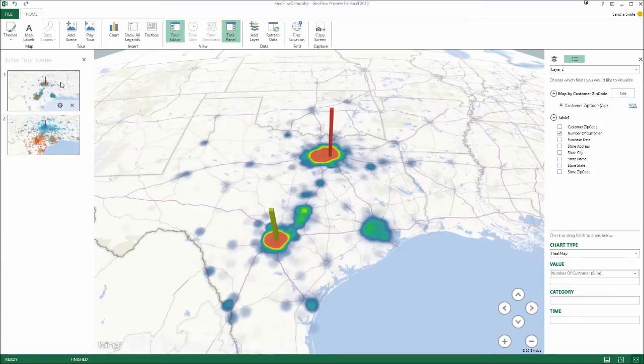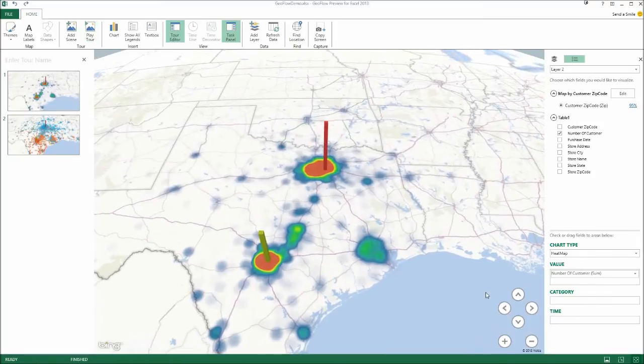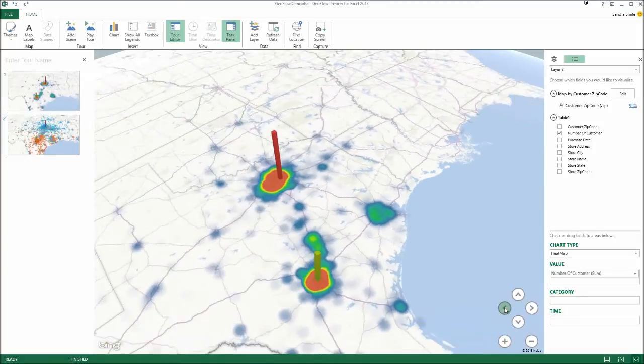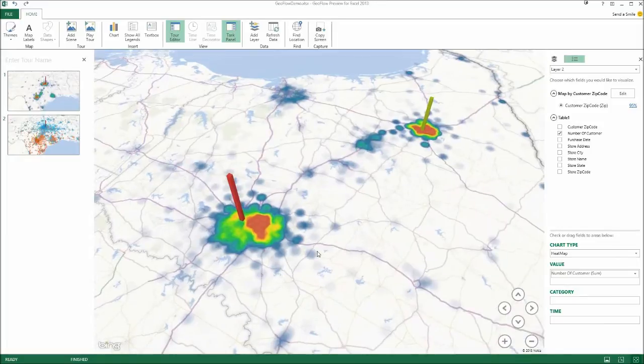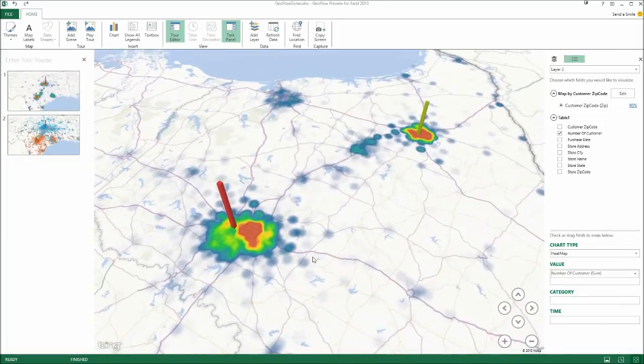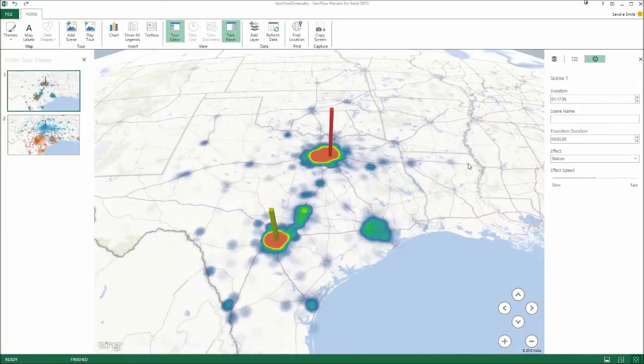And then what I can do here is if I hit the play tour button up here, it's going to cycle through my scene and show you the first frame, transition over to the next frame, and play a little movie for you. So here, what we might do is, like I said, we can show the data in a little bit different light. So I can kind of rotate the map and give you a different angle at your data. And then I can also click on settings here and change